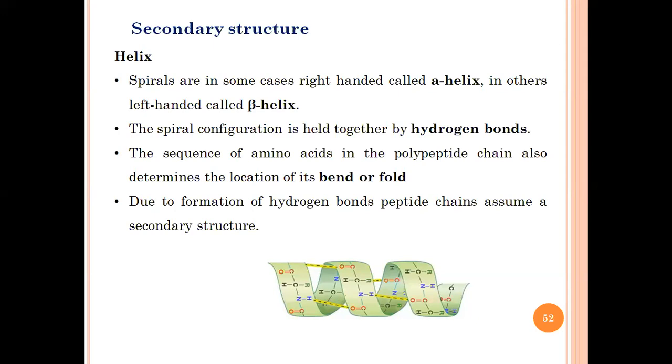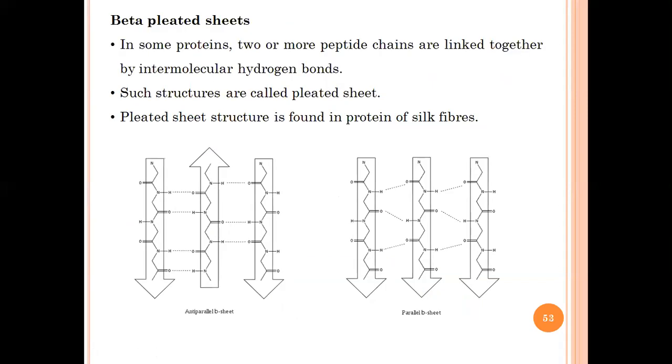Okay, and one very important point to note over here is that these structures are actually maintained by hydrogen bonds. This is a typical helix which is found in most of the proteins. You can see there is intra-chain bonding. So you can see यहाँ पे ये yellow color के जो structures हैं, these are nothing but the hydrogen bonds which are present within a molecule.